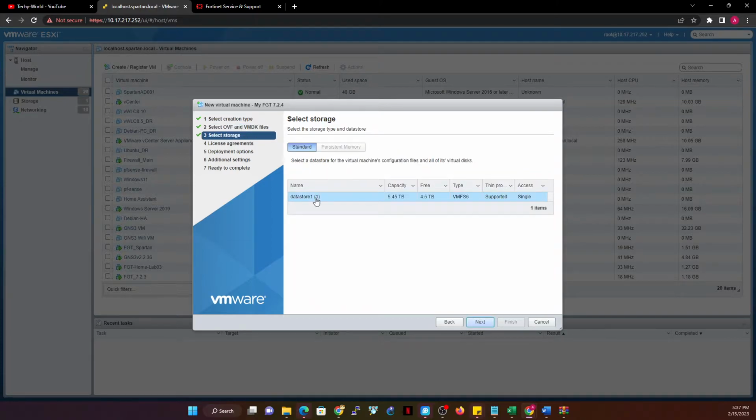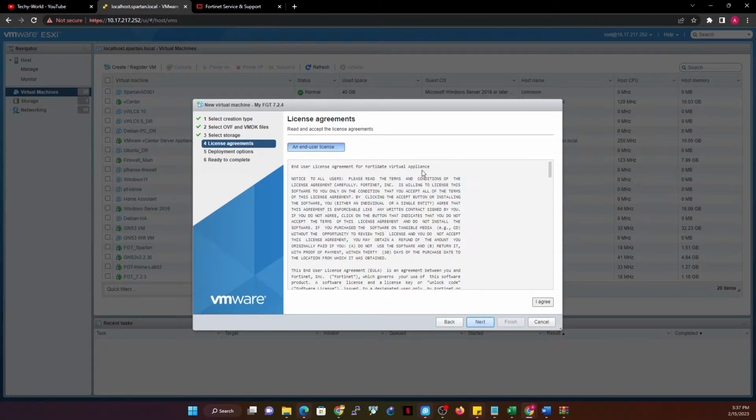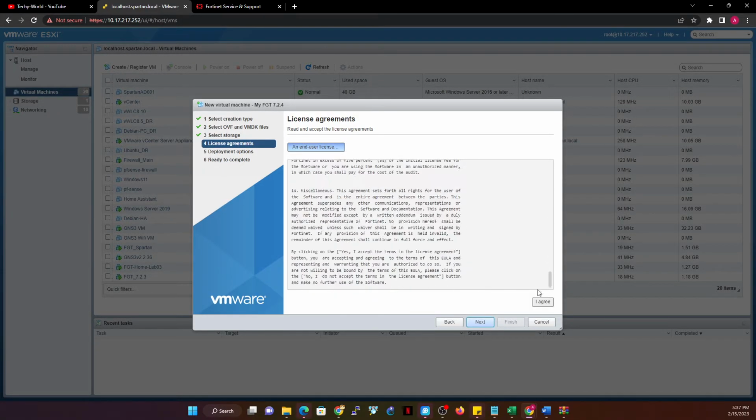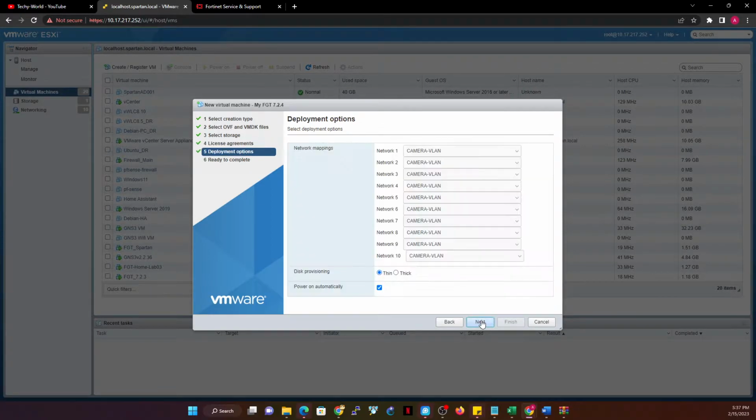I'm going to select my data store. That's what I currently have. I'm going to select that. I'm going to accept the license agreement by clicking on I agree, and then I'm going to click next. Now here you're going to select the network interfaces. In this case, you notice it gave me about 10 network options. In my case, I actually basically need maybe two. So I'm going to use